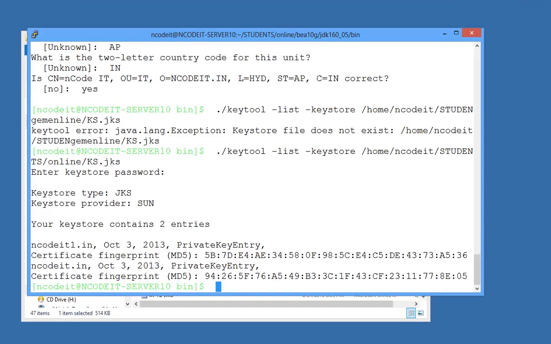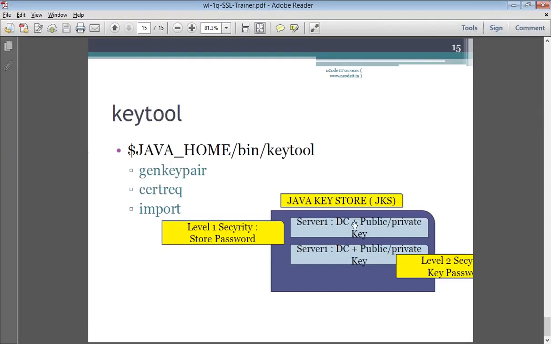Alright, now what we have generated is a self-signed certificate. So this has all the information plus the public private key, but it's self-signed. It's not authenticated or verified by anybody. Now ideally what you would want is to get this digital certificate that you have stored here, export it out of this key store, send it to a certifying authority so that they can authenticate your